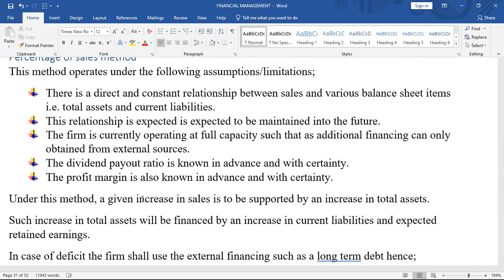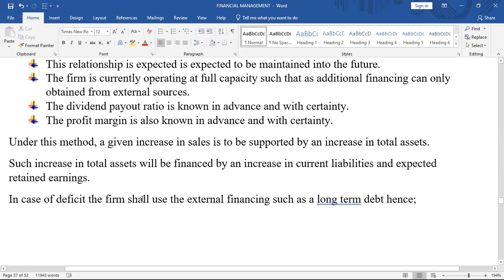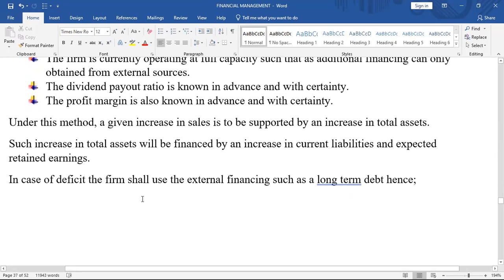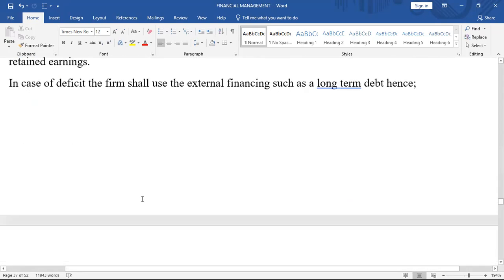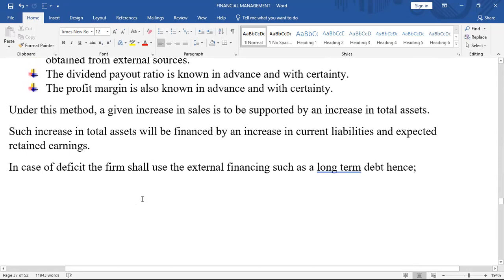Such an increase in the total assets will be financed by an increase in the current liabilities and expected retained earnings. In case of a deficit, the firm shall use external financing such as long-term debt. Hence, there is a formula for the computation of the external financing requirements, which I will analyze for you: the increase in total assets, minus the increase in the current liabilities,